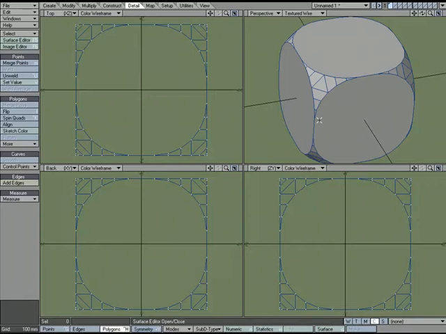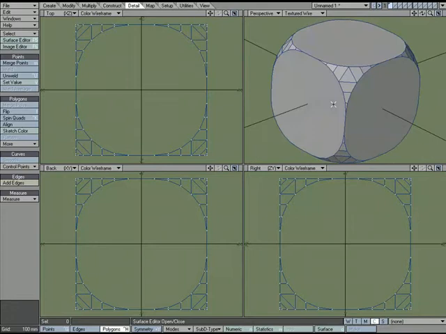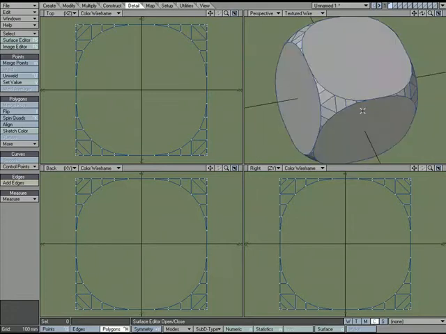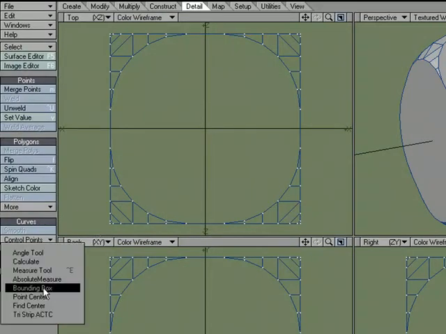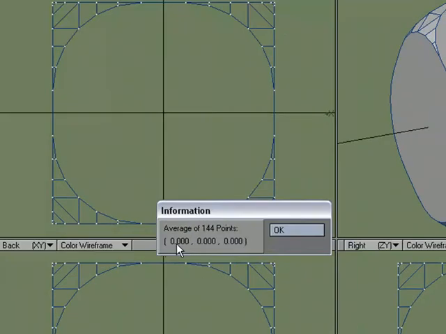Sometimes during the modeling process, you want to find the center of your selection or your object. And there's an easy way to do that with one of the measuring tools. I have this just basic object here, and if I wanted to find the center point for it, I could come over to the Detail tab, and under Measure, I could use Point Center. And it tells me that the center point is 0, 0, 0, so it's at the origin,